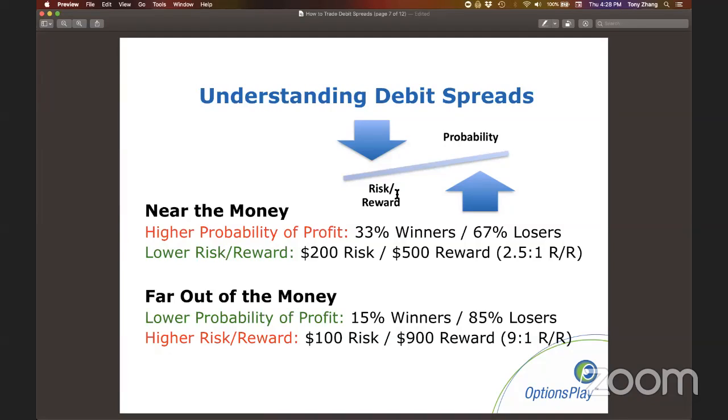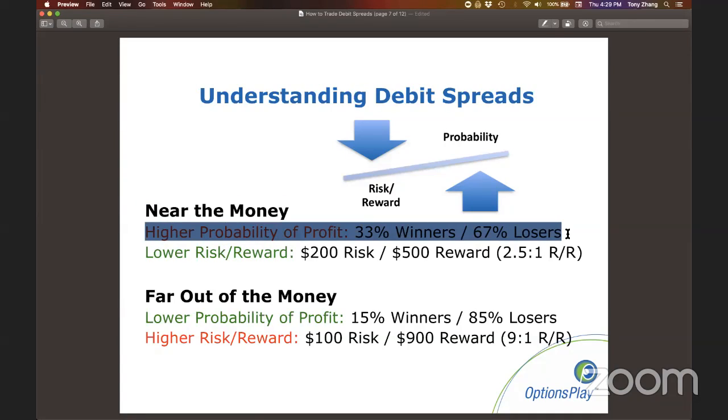A lot of times I hear from traders, when they set up a debit spread, they come to me and say, why would you ever trade this? It has a probability of profit of 30% or 40%. And they think that because the probability is below 50, that's bad. I want to make sure that everyone understands what the trade-off behind low probability is. When you're trading a debit spread that's near the money, like the examples I showed you before, where you're buying a slightly in the money option and then selling an out of the money option, what you typically see is probabilities that look something like this: